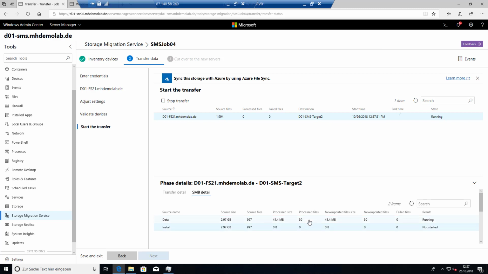And for sure, if you have a file server with not, let's say, 10 gigabytes like in my live demo, but maybe 1 terabyte or 10 or 20 terabytes, this will need additional time. Depending on the performance of your storage on the source and the target, and on your network limitations, you will need maybe hours or even days until the data is transferred.